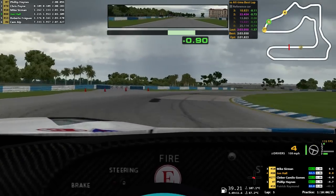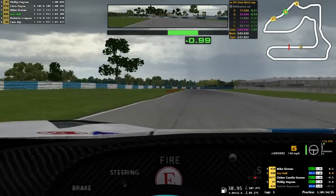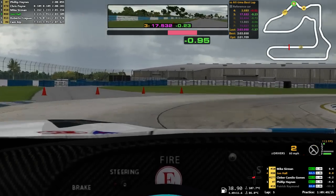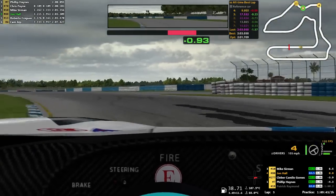No idea what a good lap time is right now. I haven't even looked at what other people are running in this session. I'm just going to keep it that way so I can worry about my time and improve it slowly, because I'm sure I'm like 3 or 4 seconds off right now. I haven't run a good lap, but